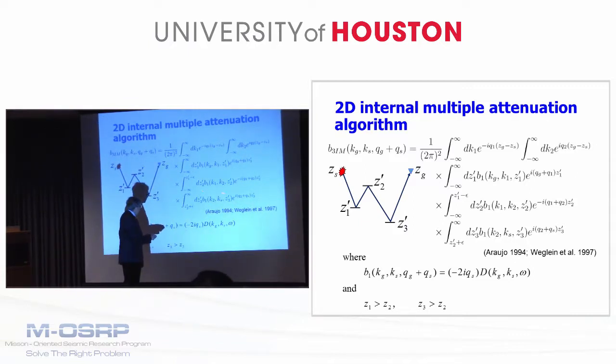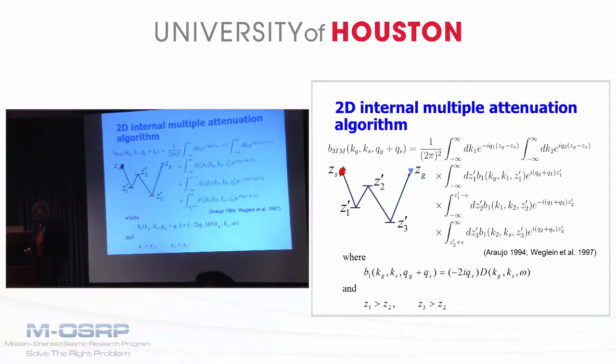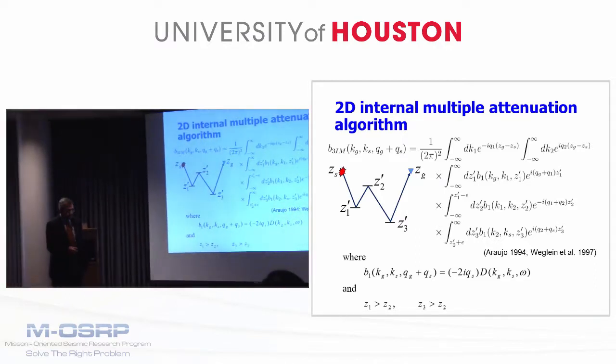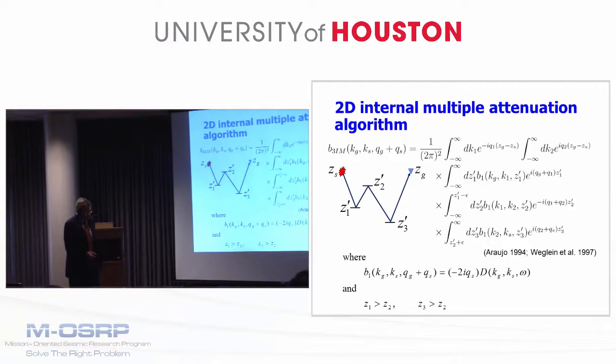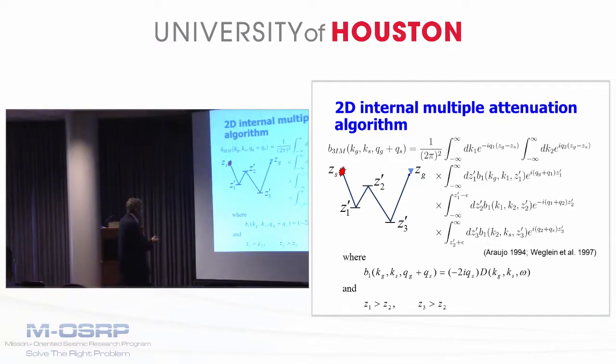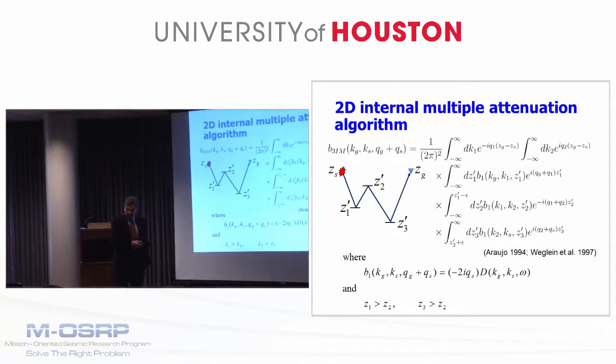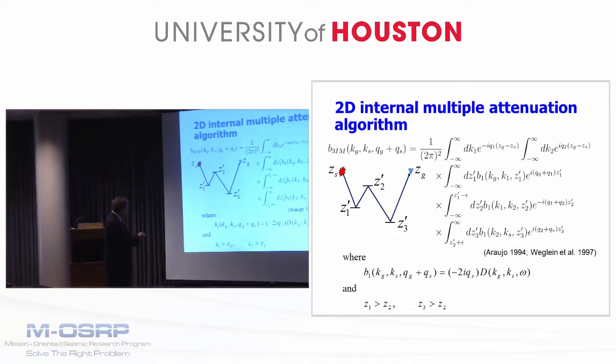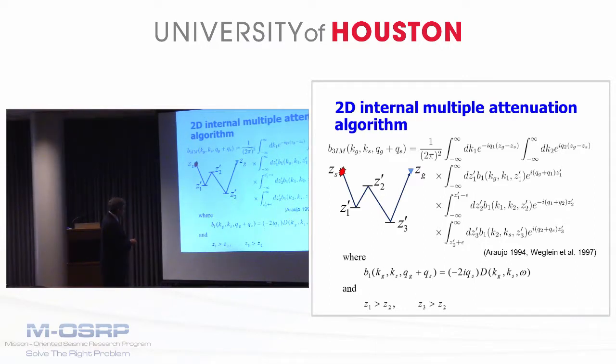Data, data, data. It's cubic in the data. The beginning of internal multiple takes a higher order term than free surface. Why? It doesn't know where the down reflection is. It has to work harder. So cubic is where, okay, this algorithm